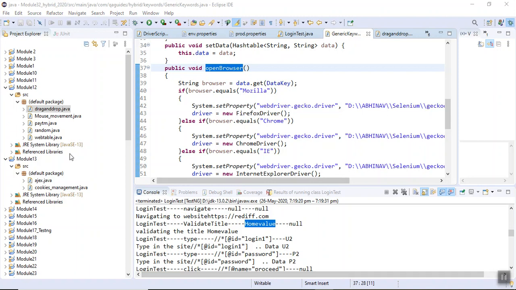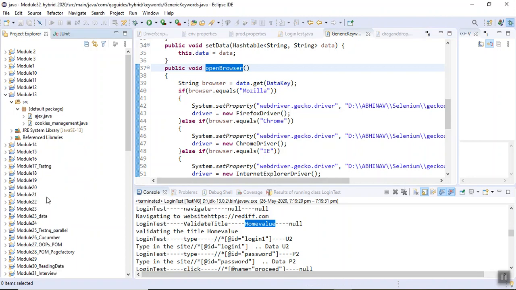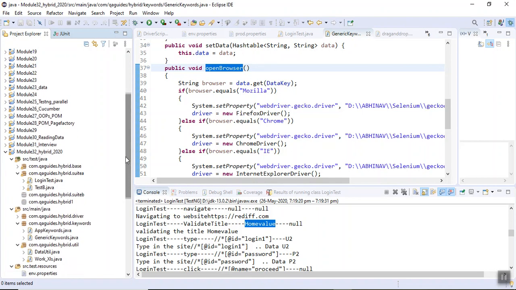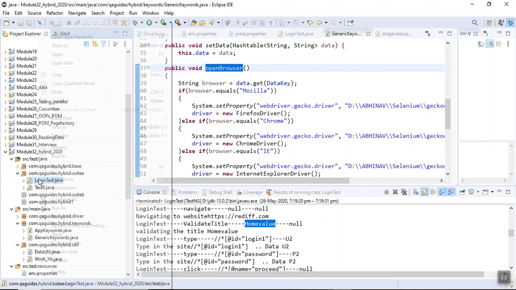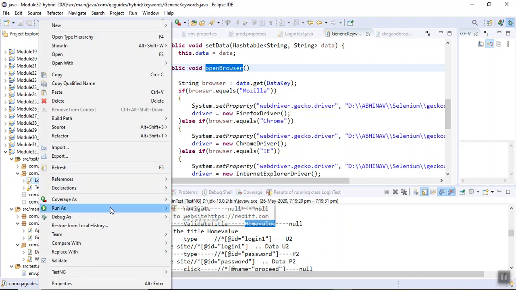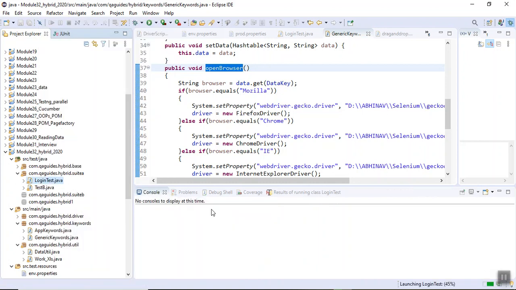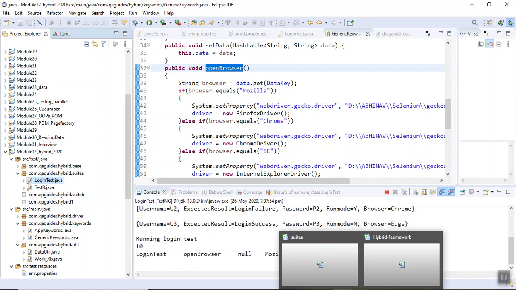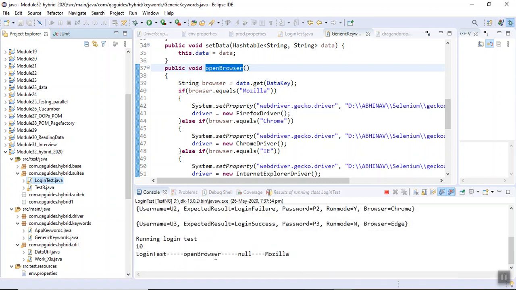Let me run this code now. Let's see what happened. My assumption is that it should open a blank browser. It stopped there.